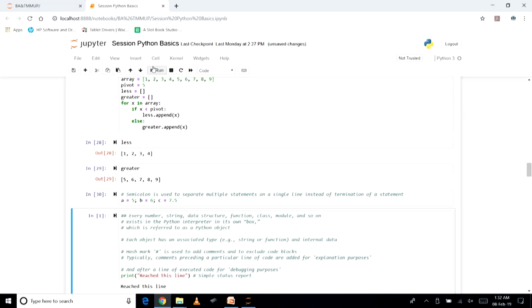It is like its own box, referred to as a Python object, and it could be anything starting from a number, string, data structure, function, class, and all those things. Each object is going to have its own associated type, so it could be integer or string, and also its internal data.